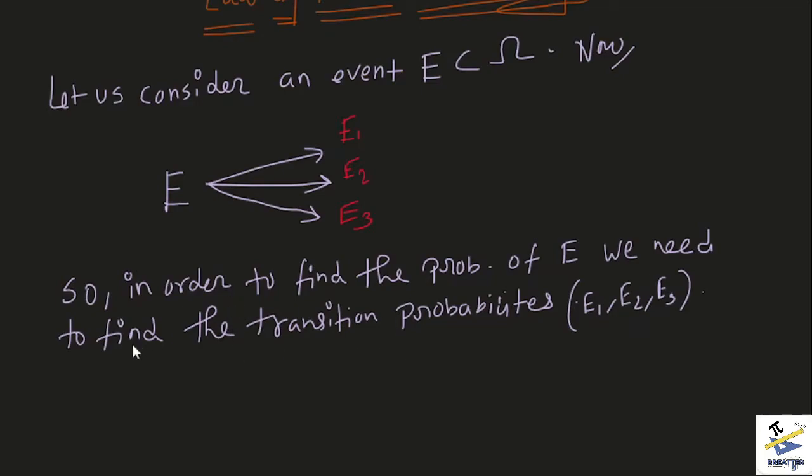So the transition probabilities here would simply mean the probability of E given E1, which is basically the inverse probability, right? So by the law of total probability,